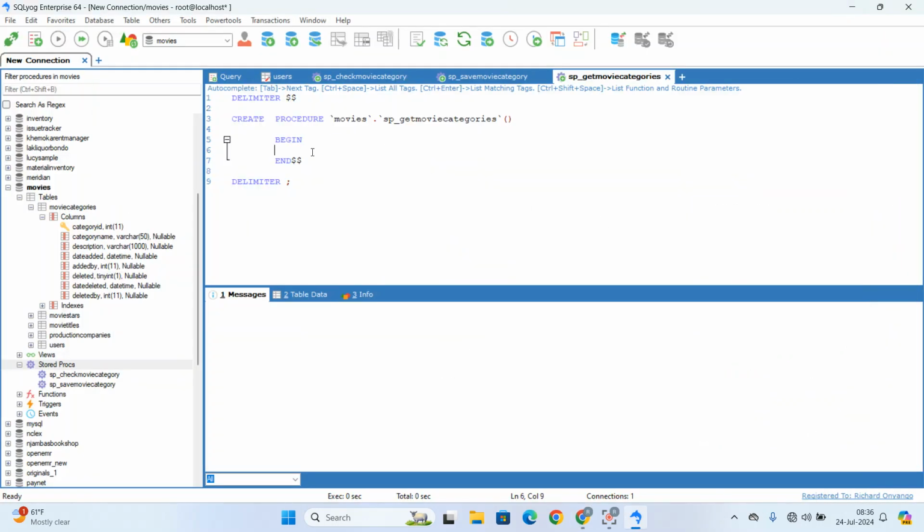Right, so for me to get the categories, I'll simply say select category.all fields. Now I also need